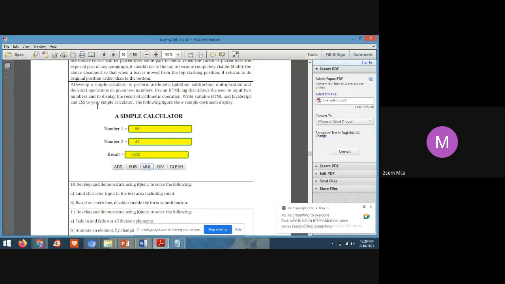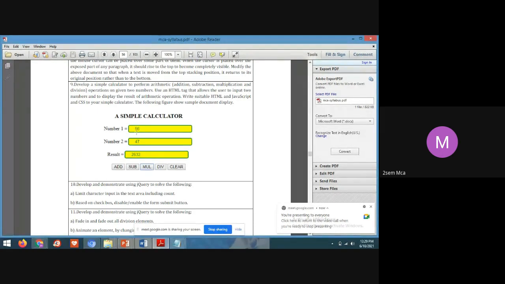So what is the question? Develop a simple calculator to perform arithmetic operations, addition, subtraction, multiplication, division, on given two numbers. Use HTML tags that allow the user to take two inputs and display the result of the arithmetic operation. Write suitable HTML, JavaScript, and CSS.